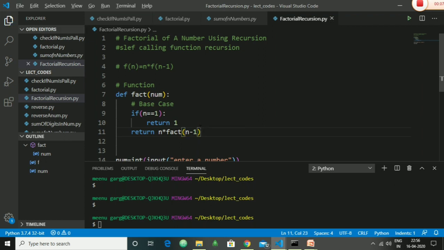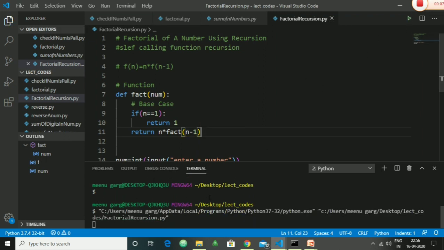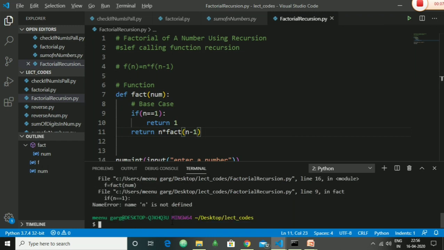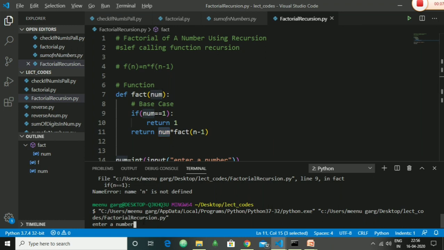Okay, now let's run this program. You must have figured out what the error was: we have taken num as a parameter, not n.